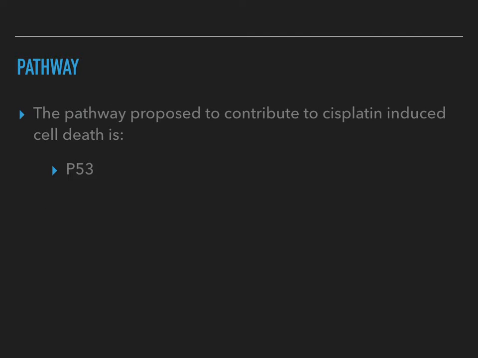So now I'm going to talk about the pathway. The pathway that cisplatin affects or interferes with would be P53. P53 is a tumor suppressor protein encoded in humans by a TP53 gene. So P53 activates DNA